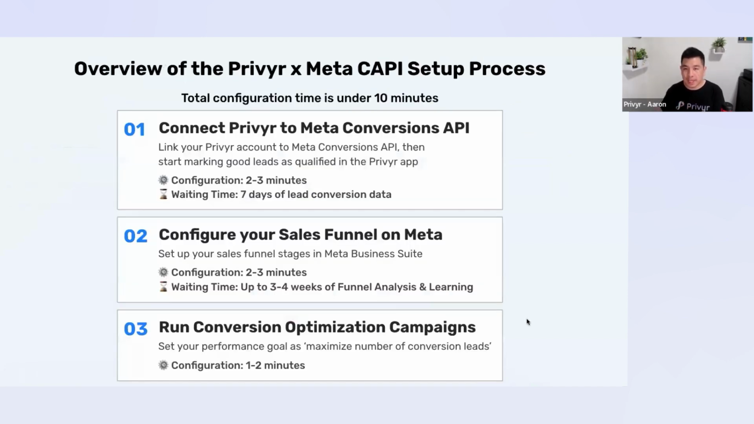So what is the actual setup process? There are a lot of steps that I'm going to talk about over the next few minutes, but don't be too scared. We have this all in our help guide, and I'm going to walk through every single step. You can self-serve this as well if your lead volume isn't too high. The total configuration time is less than 10 minutes, but the catch is at the moment, it will have to